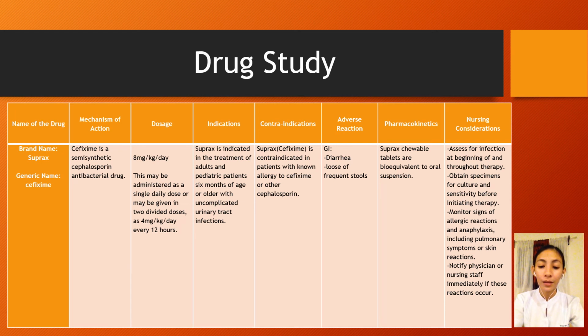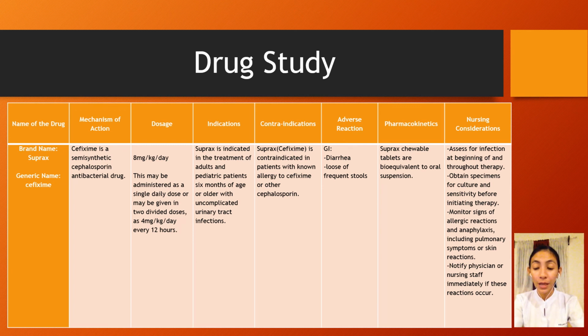Suprox is indicated in the treatment of adults and pediatric patients 6 months of age or older with uncomplicated urinary tract infections. Contraindications: Suprox cefixime is contraindicated in patients with known allergy to cefixime or other cephalosporin. Adverse reaction is for gastrointestinal, and these are diarrhea and loose frequent stools. And for pharmacokinetics, Suprox chewable tablets are bioequivalent to oral suspension. So for nursing considerations,